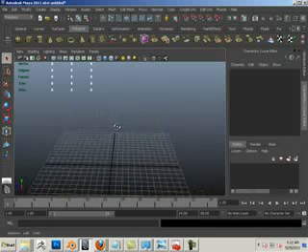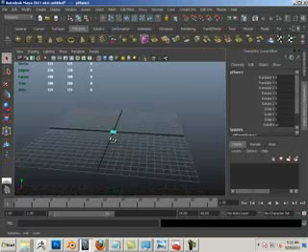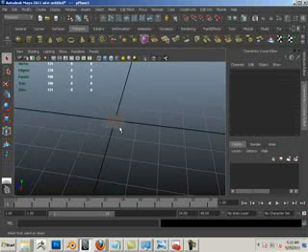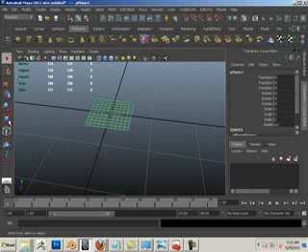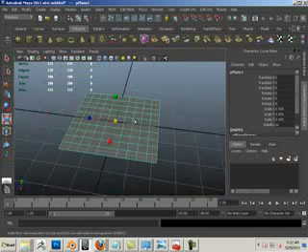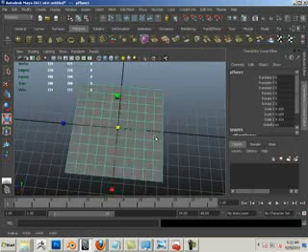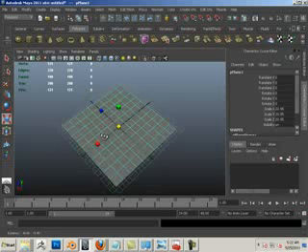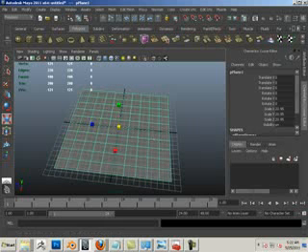Okay, here's my blank scene. Here's my plane. 6 on the keyboard. I'm going to show you 2 different ways to get your texture in. 1,